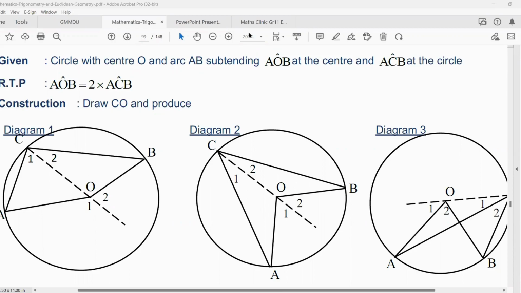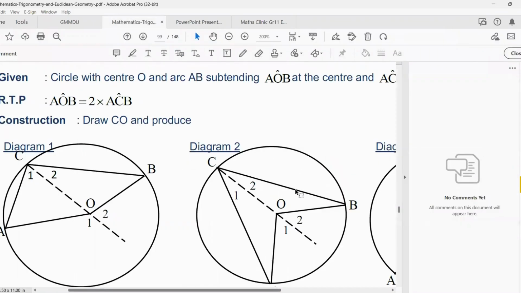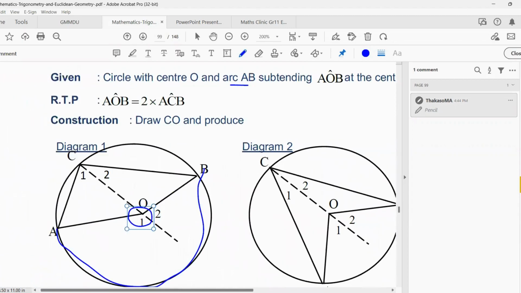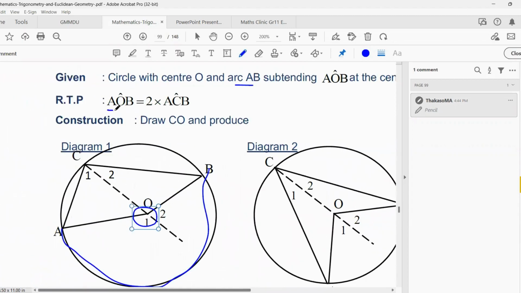So the second theorem of circle geometry states that, for a circle with center O and arc AB, if that circle has center O and arc AB subtending angle AOB at the center and ACB at the circumference, then we are to prove that the angle at the center is twice